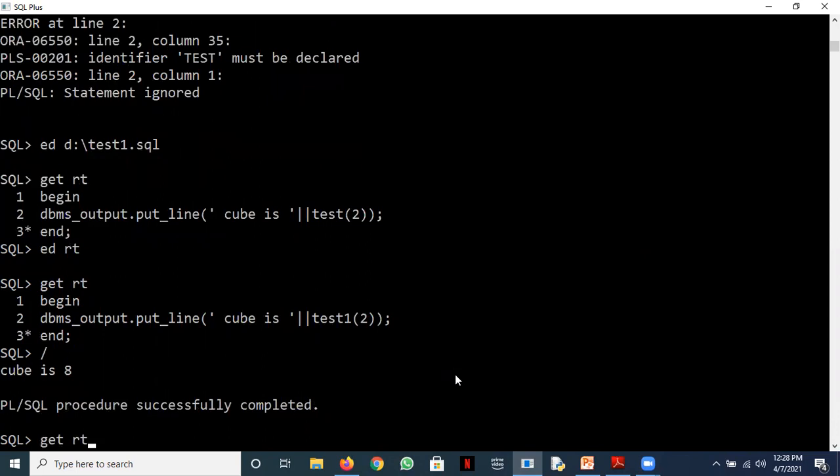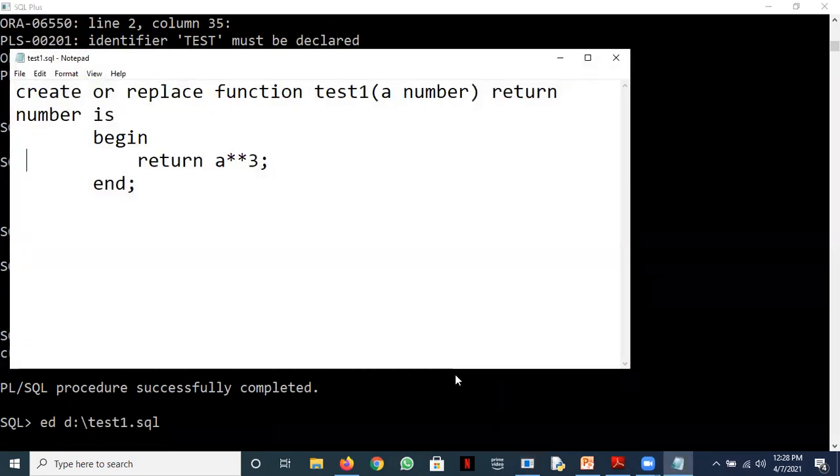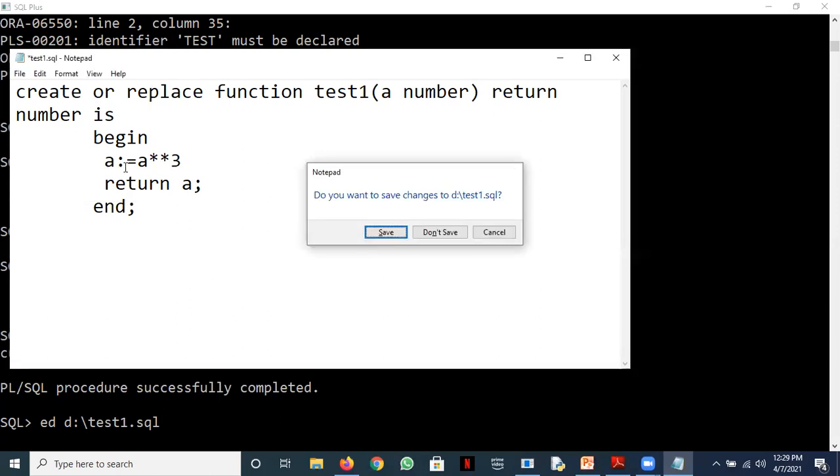Now what I want to discuss with you is what is the meaning that inside the subprogram it behaves like a constant. That means if I just try to write something like this, a colon equal to a star star 3. This is a perfectly valid statement, I suppose. What I'm doing is to this in argument a, I'm assigning the cube of a, right? So a should have the value as 8, and I'm returning it. But we studied that this variable a should be a constant within your program. It cannot be assigned any value.